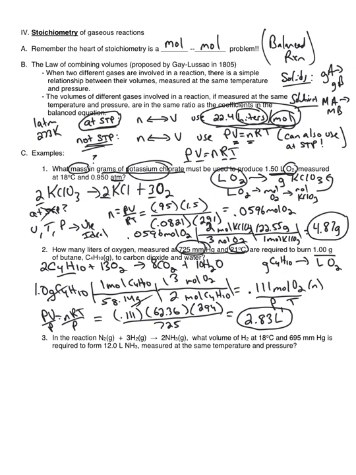Okay, number 3 is looking at when we have multiple gases in a chemical reaction. If I know the volume of one gas, how can I figure out the volume of another substance that's also in the gaseous state? And the key here is right here at the end of the question. If we are at the same temperature and pressure, this problem becomes very simple. Now, if we were not, if the temperature and pressure conditions were changing, we would have to use the ideal gas law